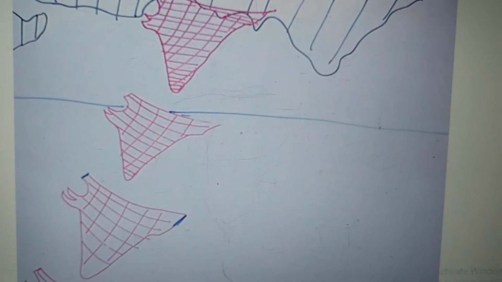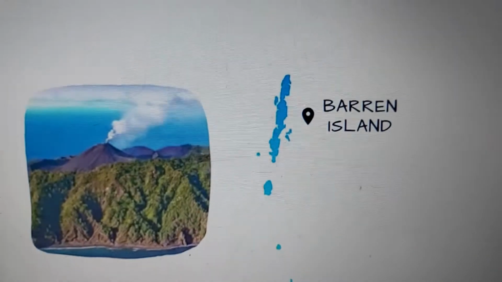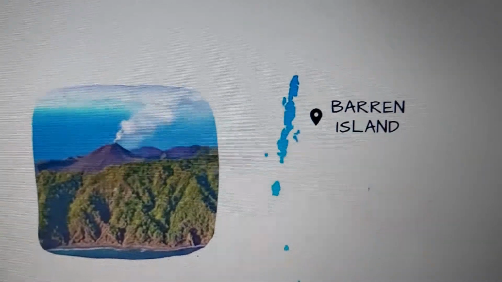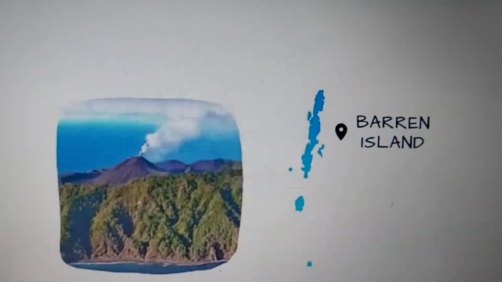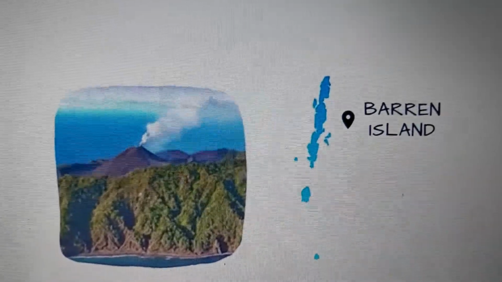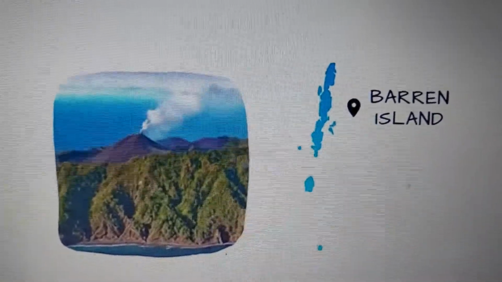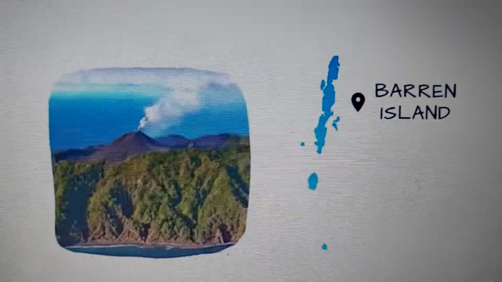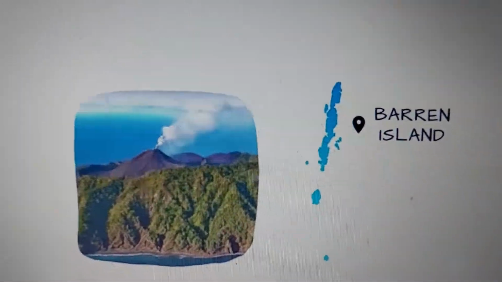So this is all about Andaman Nicobar Islands, and we can see here there is one active volcano which is called Barren Island. And what is the climate here? It is an equatorial type of climate. It's close to the equator. It's very hot during the day. It rains in the afternoon, which leads to thick vegetation. So all this is about Andaman and Nicobar Islands.